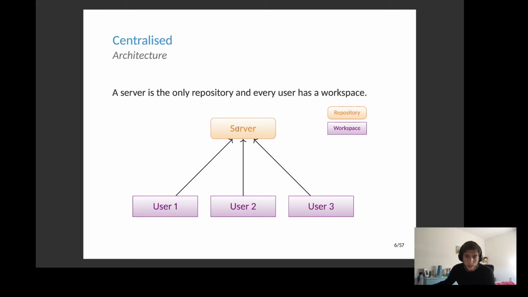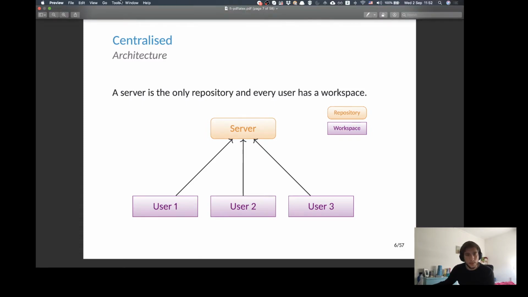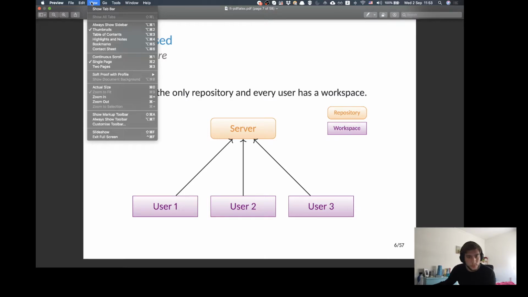Okay. So this is how centralized architecture is, as I said before. So this is a repository, the orange thingy, the one and only truth, and the different users only have a workspace, so only have their folder, and every time they want to send something,